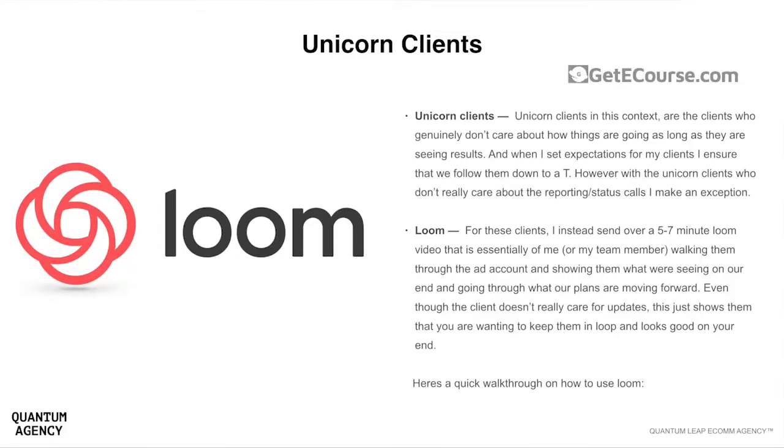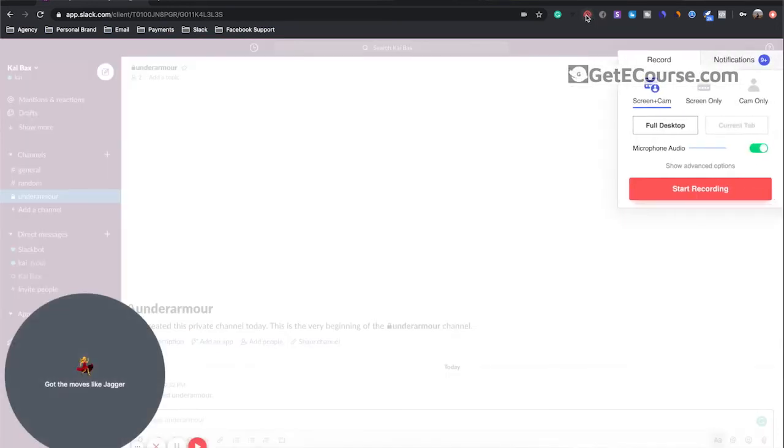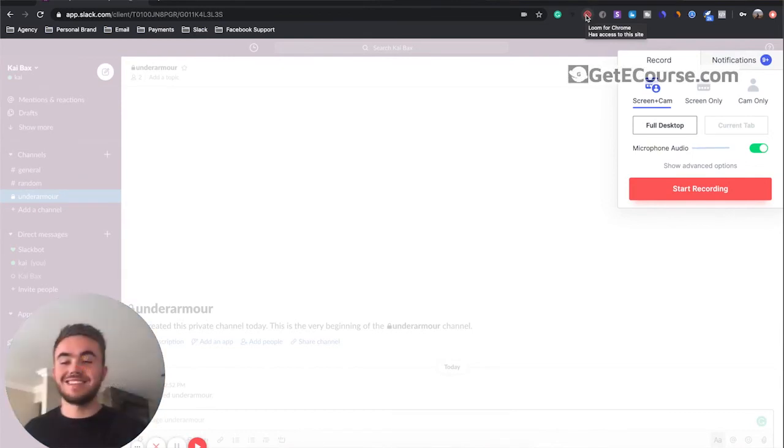So look, here's a quick walkthrough on how to use Loom. So obviously just back into where we were before. Now what Loom is, it's a simple Chrome extension. And so you can see this little one up here, Loom for Chrome. Okay, so you just want to click on it and you'll see my face pop up. As you can see there, you've got the camera and you've got me here. And so basically this is all that it is, right? You want to go to, again, I think it's just loom.com. Just go there, download it, install it for Chrome, and then you'll see it pop up in the Chrome bar here. So just click on it.